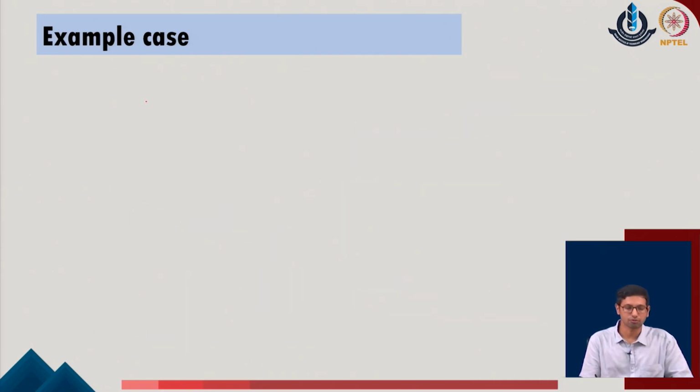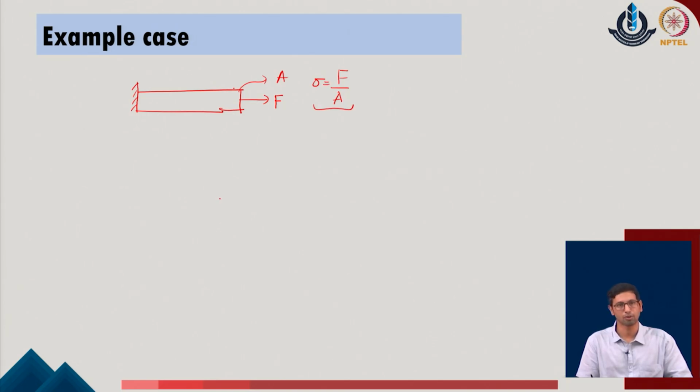We will start with one example case in which we will try to define a simple problem of a bar first, in which the axial load can be applied say with some value of f, and as we know that if the cross section area of the system is given, the force or the stress can be defined as sigma equal to f upon a in the given problem.